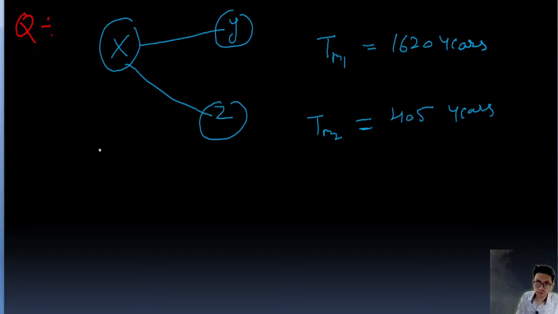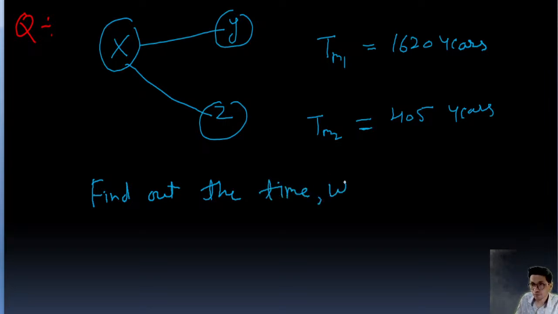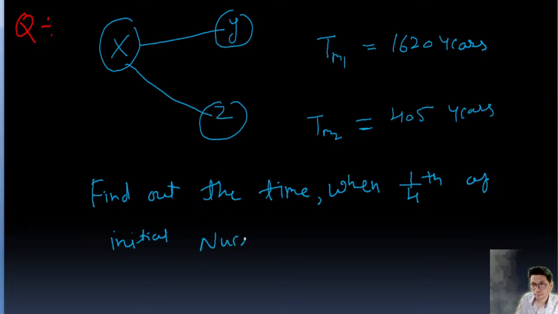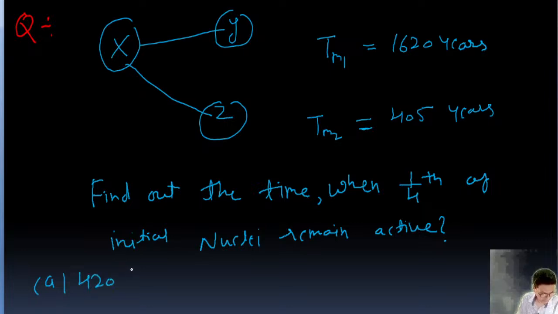Now what we have to find out is the time when 1/4 of initial nuclei remain active. So the options: option A is 420 years,